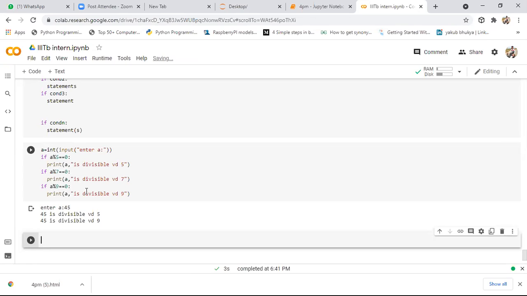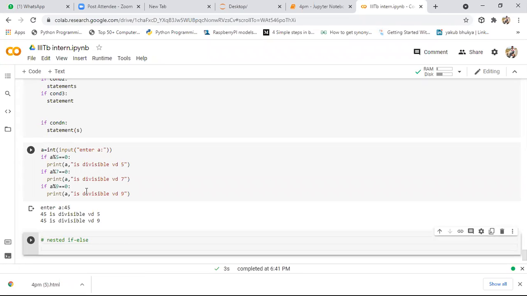So now the next thing will be nested if else. Coming to this nested if else, the structure will be different, guys, and syntax also will be different. Here we'll be having a nested block in an if condition, or you might be having a nested block in an else condition. It depends. We won't have standard syntax for this thing. Based on your requirement, you can keep a nested block anywhere.